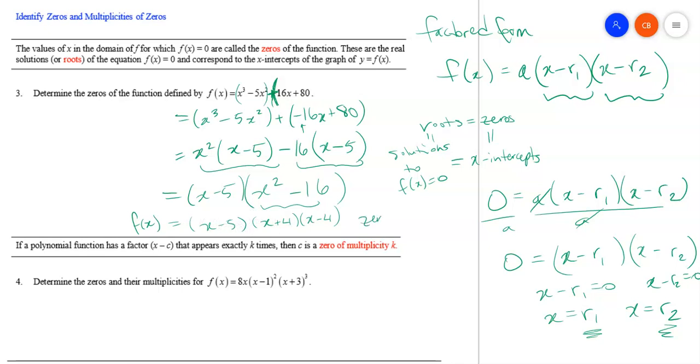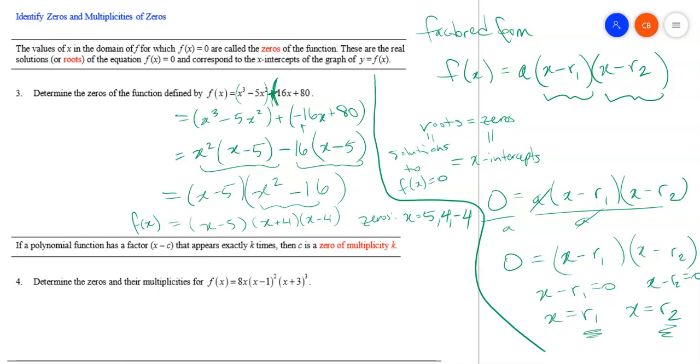And so this whole thing, the f of x, we can write in factored form this way. And so the zeros are, I'm going to give myself some space there, the zeros are x equals 5, and also 4, and also negative 4. There are three zeros. Now, this one worked out that all the three zeros were different,